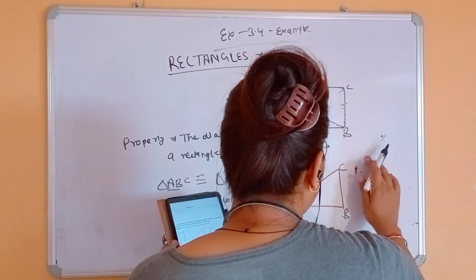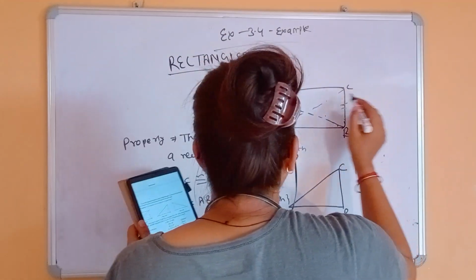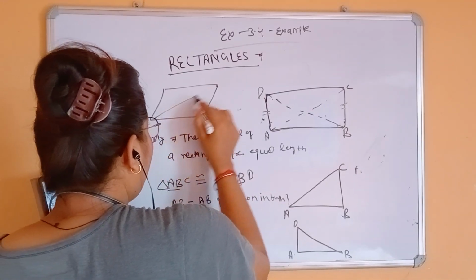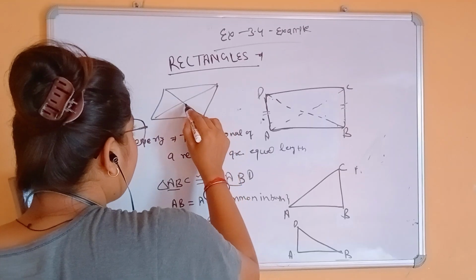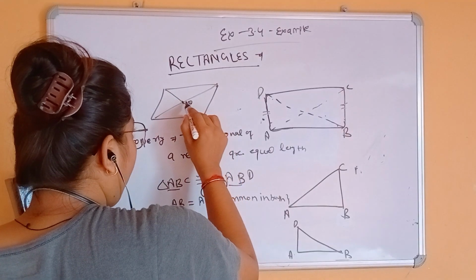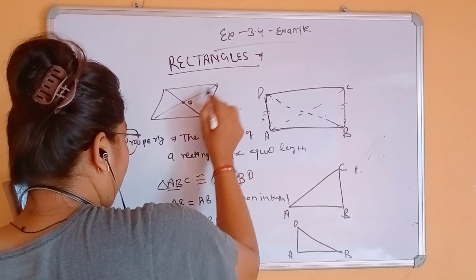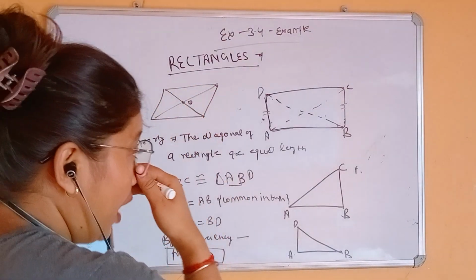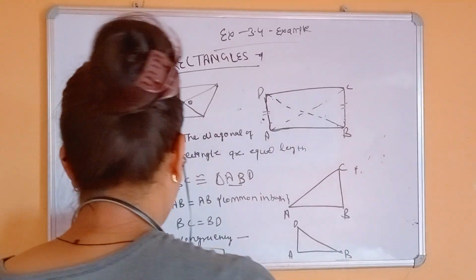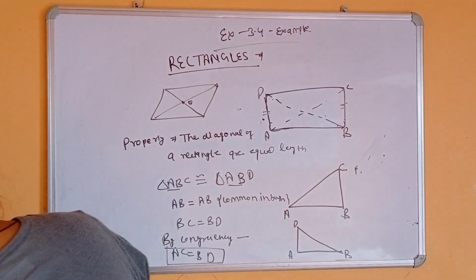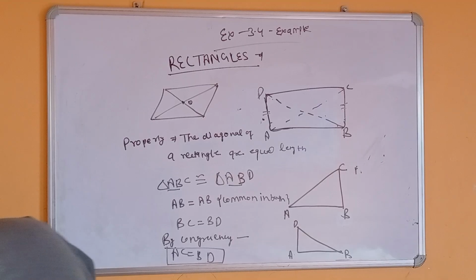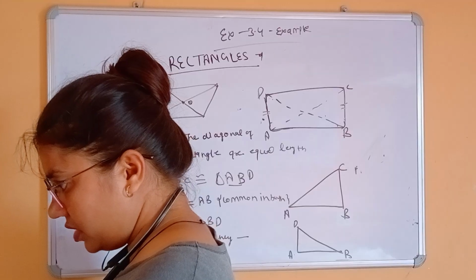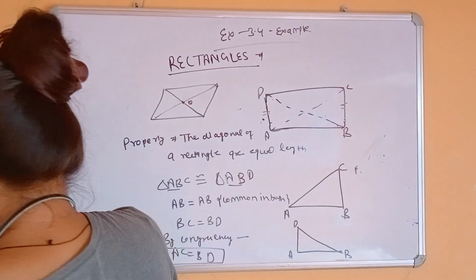In parallelogram, the diagonals are not equal. Like first we make the figure, then understand. In parallelogram the diagonals are not equal; at their intersection point O, the halves are equal. So whole diagonals are not equal in parallelogram. Whole diagonals are equal in rectangle. So we can understand the difference here. First write, then we understand questions on the basis of this.